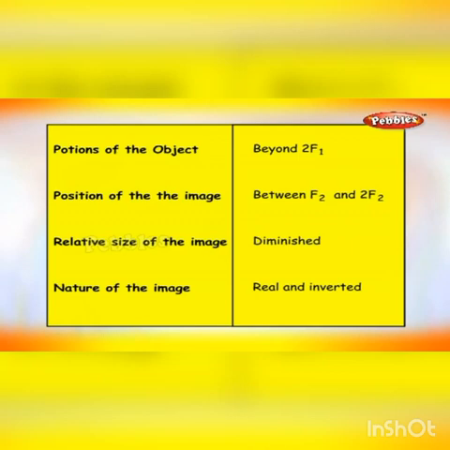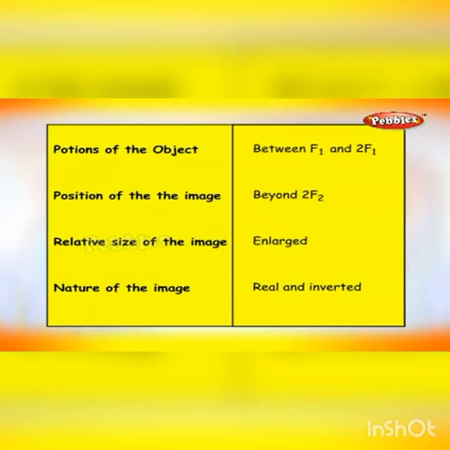Position of the object beyond 2F1: position of the image between F2 and 2F2, relative size of the image diminished, nature of the image real and inverted. Position of the object at 2F1: position of the image at 2F2, relative size of the image same size, nature of the image real